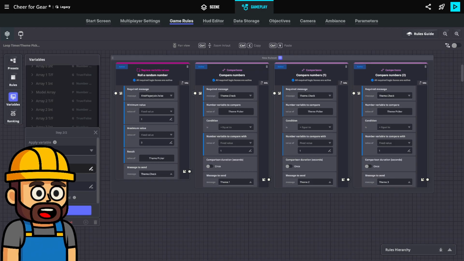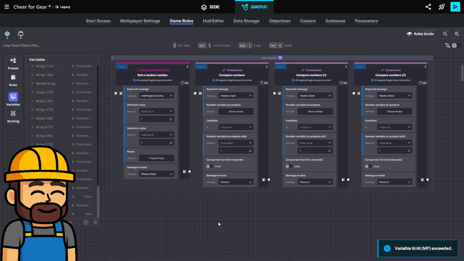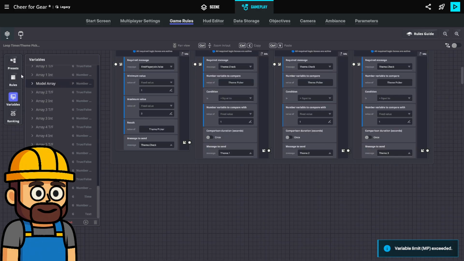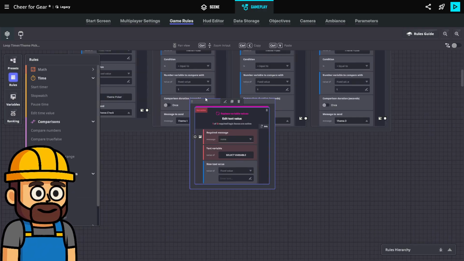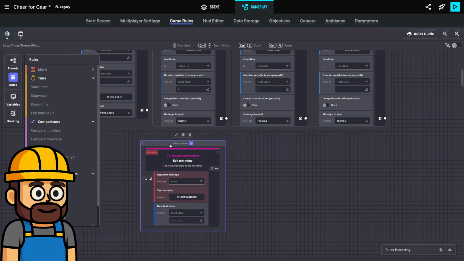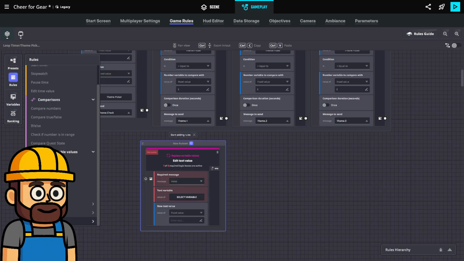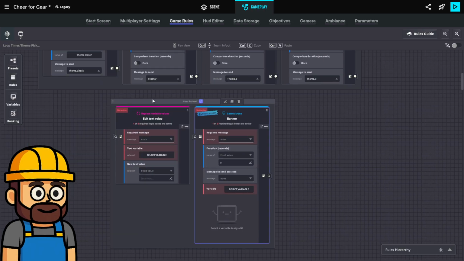A global one called theme active. So if I want to change text value, I'm going to use edit text value. And I also want to do a banner like this.